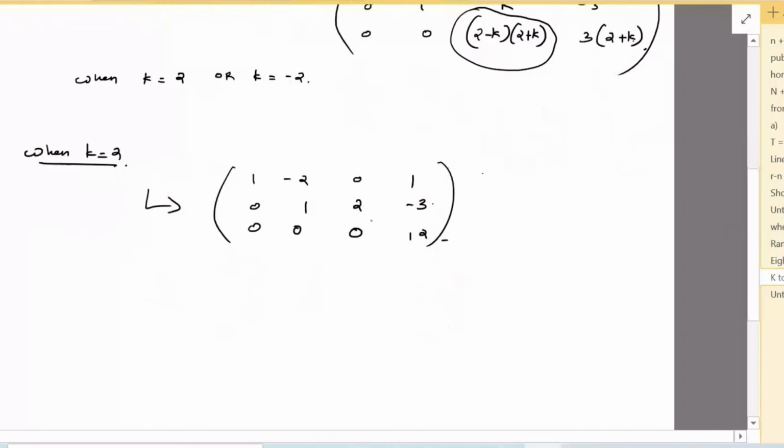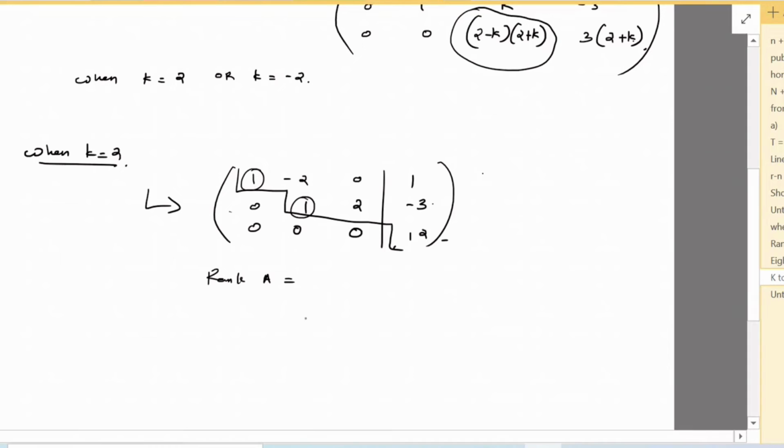Right. So you can now see that a rank of A. This is in echelon form. It is in echelon form because the leading coefficients, look at the leading coefficients, that is in increasing order. So it is in echelon form. And what is rank? Rank of A equal to, what will be rank of A?